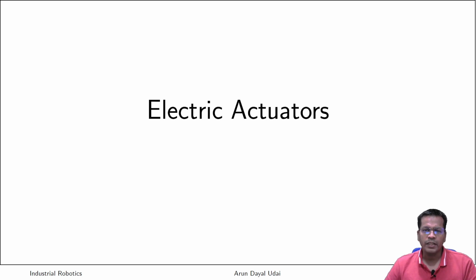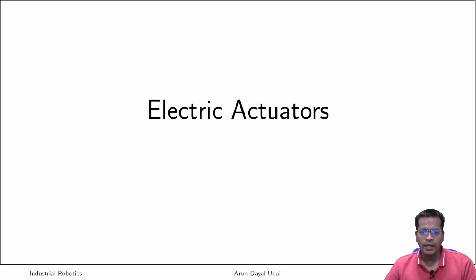Okay, now that you already know what the different types of actuators are and what the characteristics of actuators are, we'll talk about electrical actuators. Why? Because in industry, most of the actuators used for industrial robots are electrical actuators. Even for automation, the majority of them are electrical actuators. If it is rotating, it is almost always an electrical actuator.